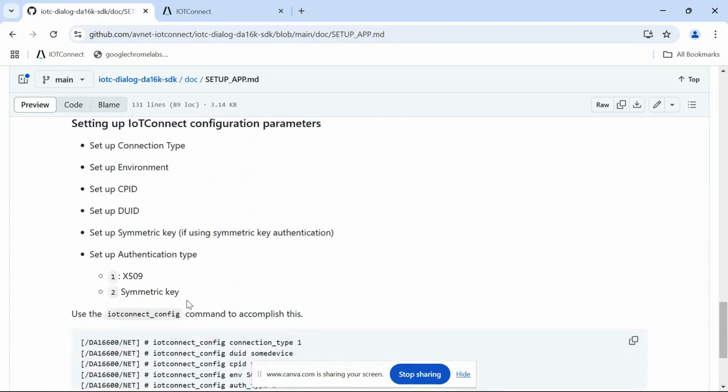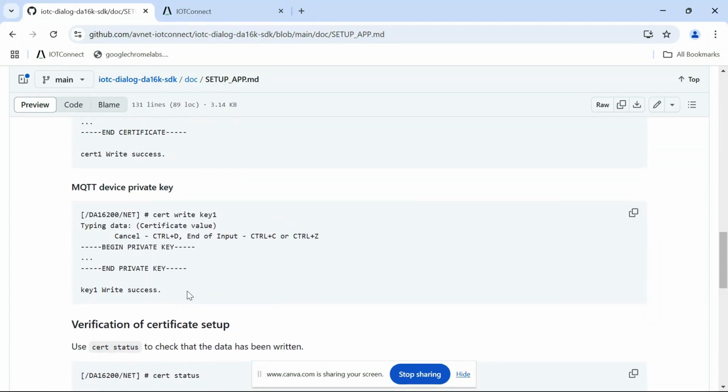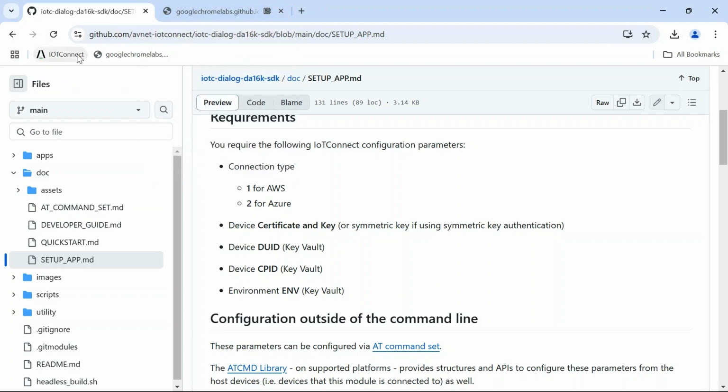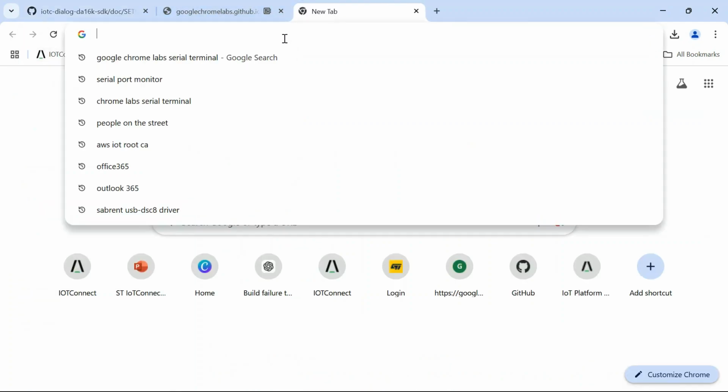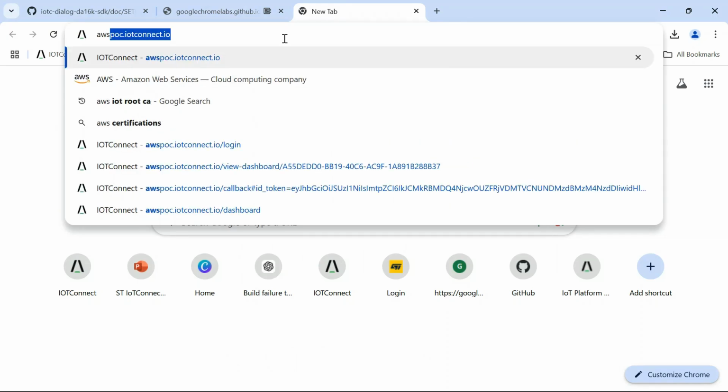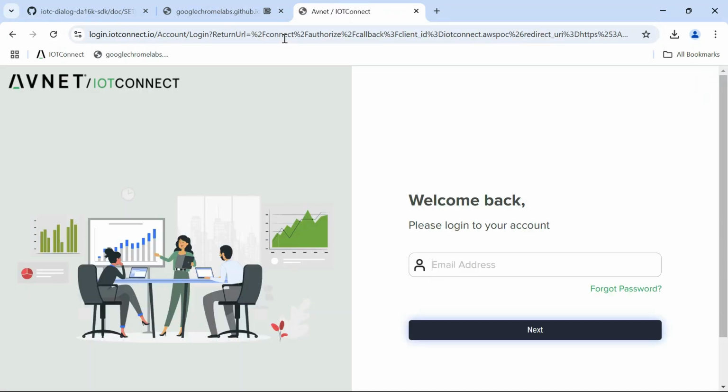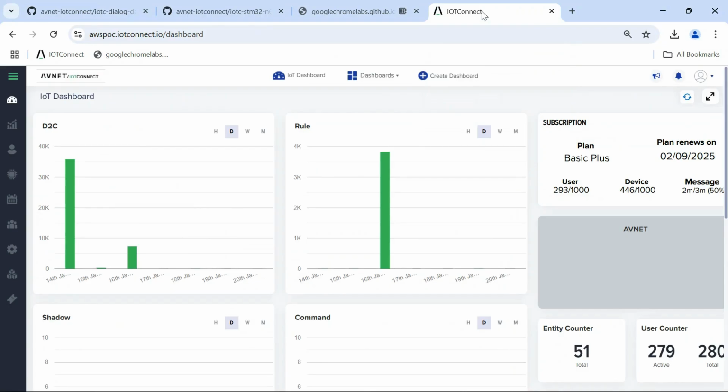But first, let's go ahead and create the device in IoT Connect. So I'm going to open up IoT Connect, and in my case, I'm going to the AWS POC IoT Connect. You may be going to console or avnet or portal.IoT Connect. I've got IoT Connect open, and the first thing we're going to need to do is import a